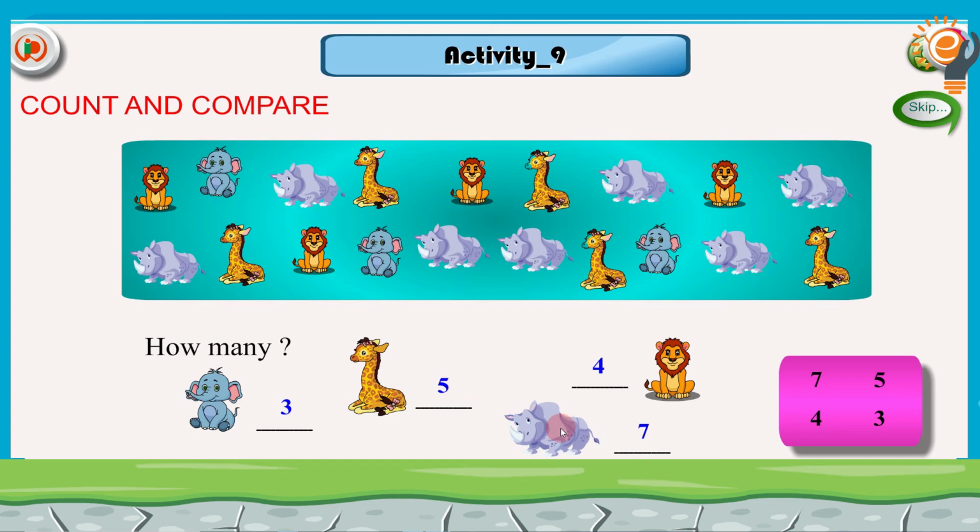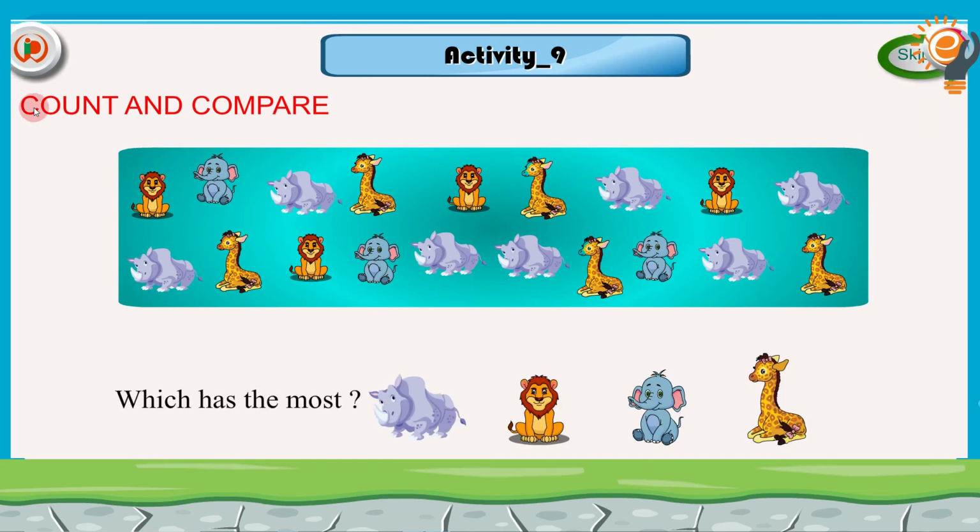We will do the next bit now. Now we have counted how many animals are there in this box. Now we will write which has the most. So among these 4 animals, which is more in number? Rhinoceros, lion, elephant, giraffe. Which is the most?